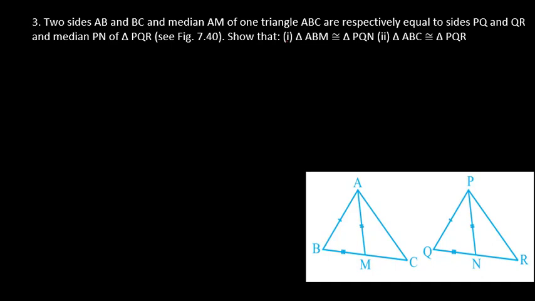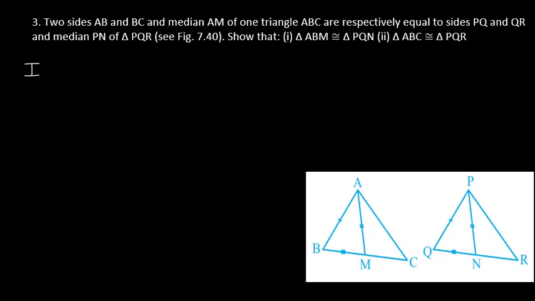So AB equal to PQ, angle B equal to angle Q, then BC equal to QR, because they are double of this congruent side BM and QN. So by that you can prove that ABC and PQR are congruent. So let us start. In the triangle, again, given to show you, right.